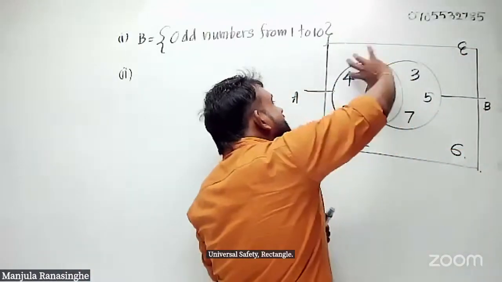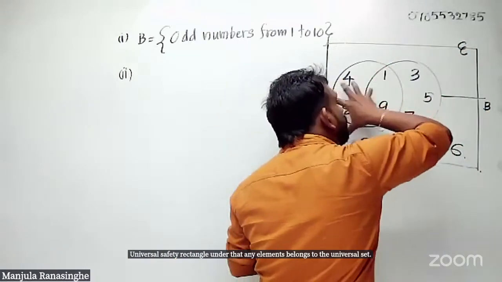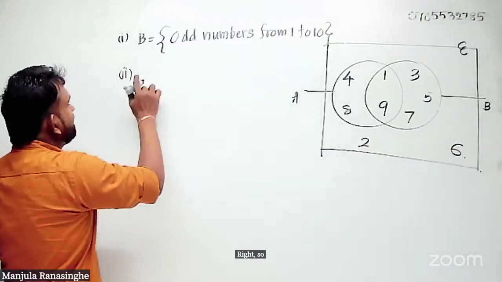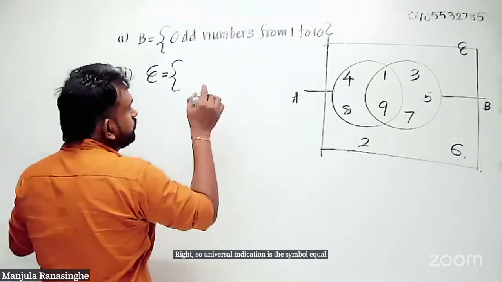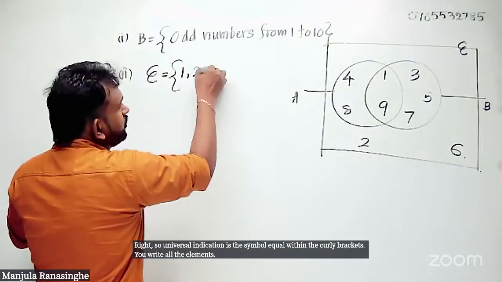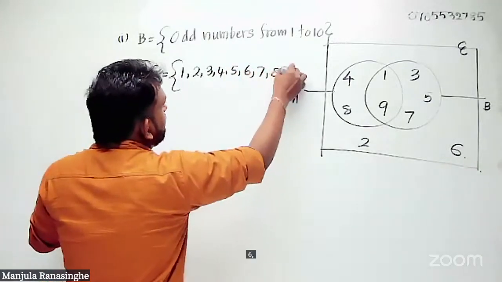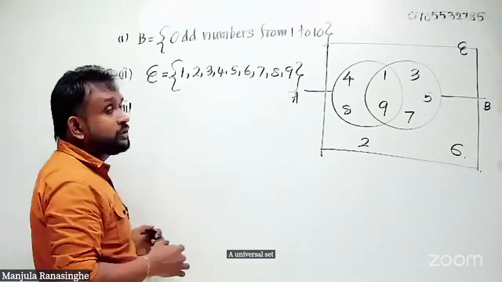Under that, any elements belonging to the universal set are under the rectangle, and all the elements we have to write. Right. So the universal set indication is the symbol equal within the curly brackets. You write all the elements: 1, 2, 3, 4, 5, 6, 7, 8, 9. So these are the universal set elements. Then part 3,